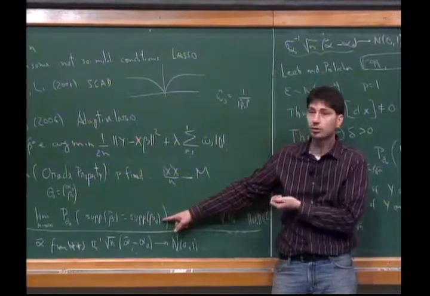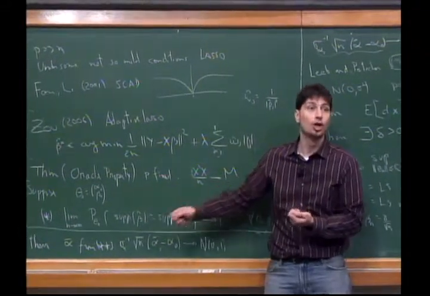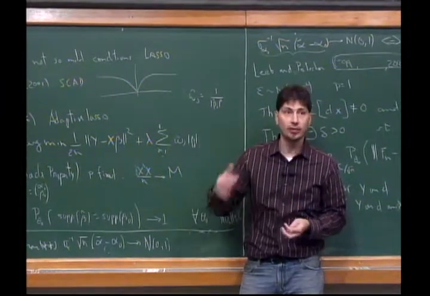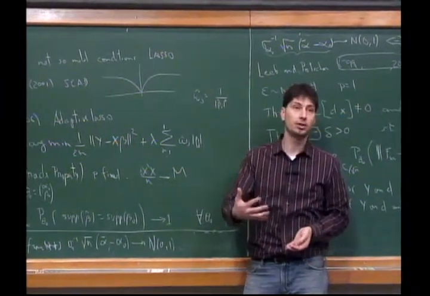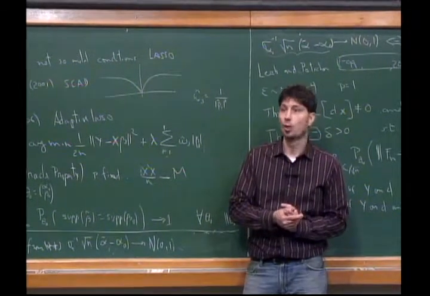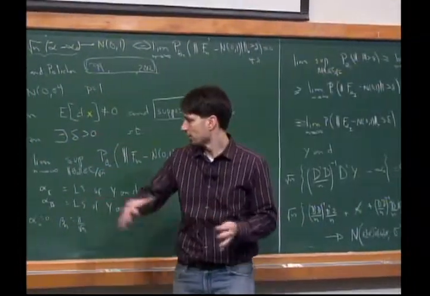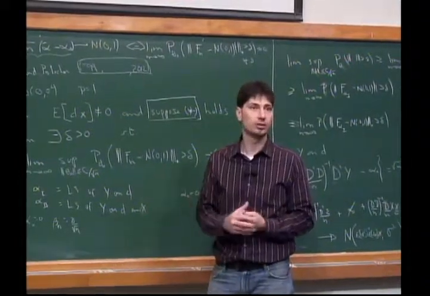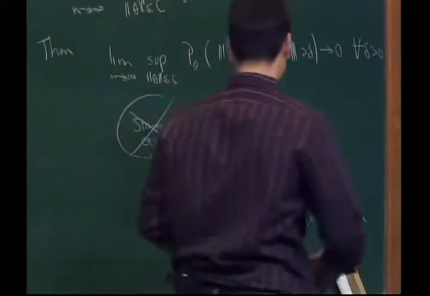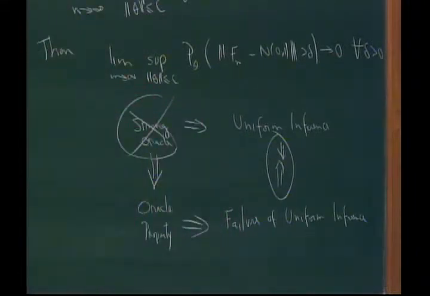If any variable is not in the support, it's a 0, and I can identify that as a 0. So I'm being super efficient on those components. If I'm super efficient, I can only be super efficient in a zero measure set of the parameter space. So I will not be able to make inference valid in a large set of parameters. So the way we're going to try to get around it is to let go of this property.